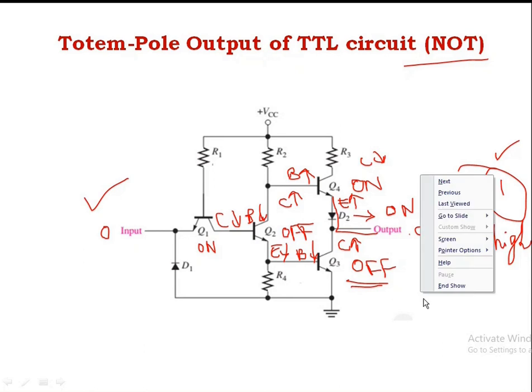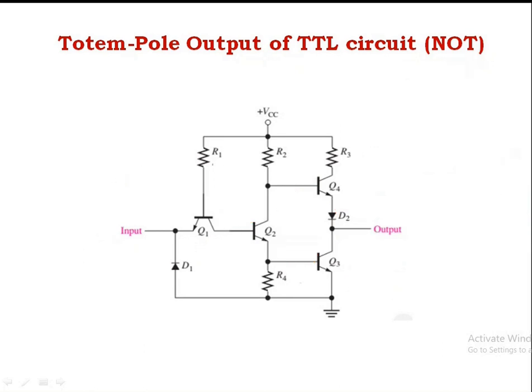Similarly, you just check by putting 1 here. If I am putting 1 here, transistor T1 is off, and this diode is not going to conduct. Since it is off, the collector is high, so the base of this is going to be high. So this is on. If it is on, the collector is low and the emitter is high. Emitter high means the base here is high. If the base is high, the transistor is on, so the collector is low.